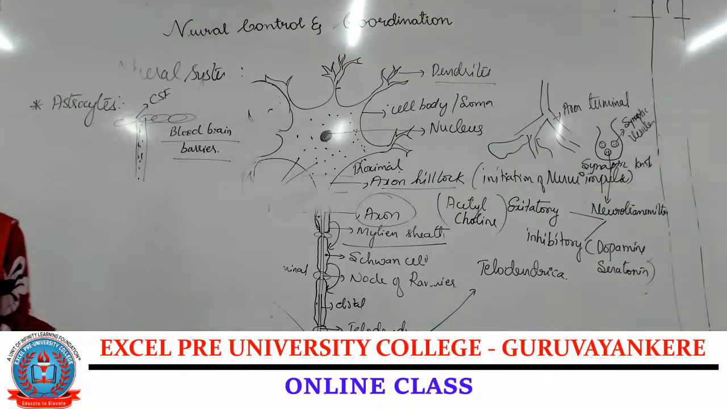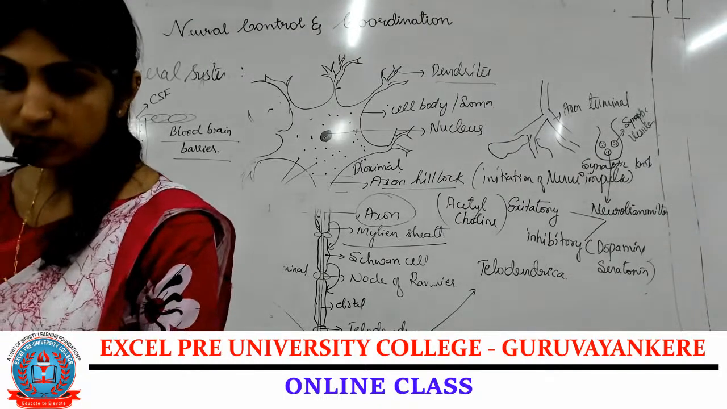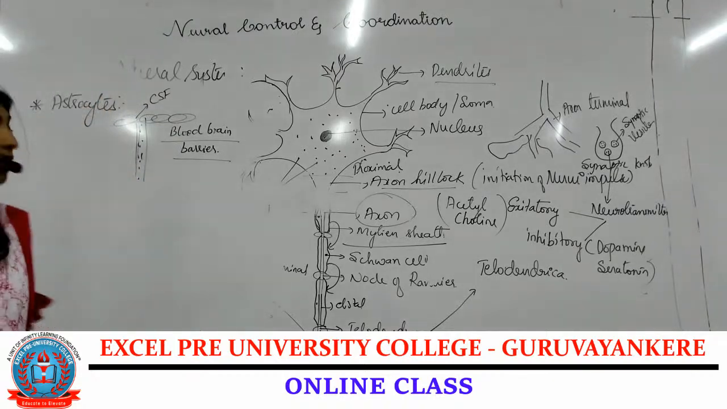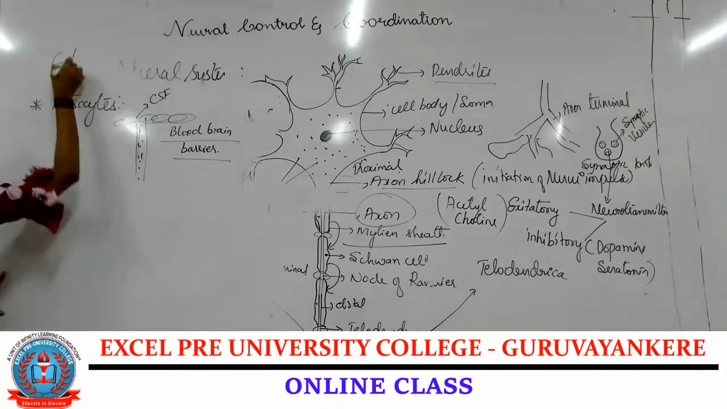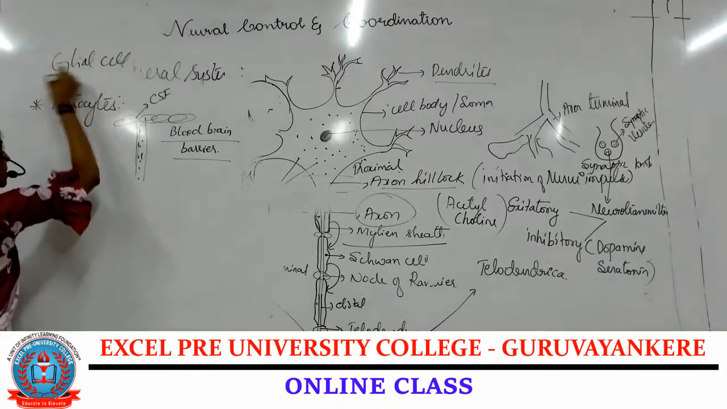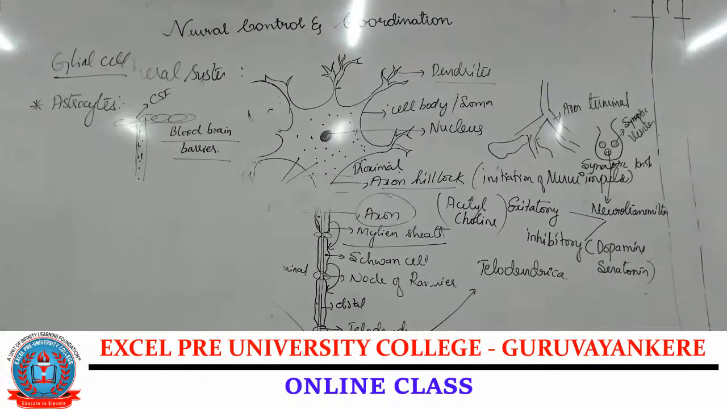Clear? Okay. Along with this, we have macroglia. These supporting cells are also called glial cells. Like astrocytes. You know the function of astrocytes: formation of cerebrospinal fluid, and they act as blood-brain barrier. Okay. Then we have